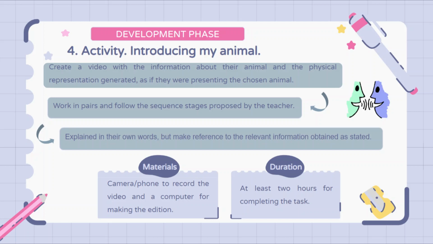This will be, of course, explained in their own words, but they should refer to the relevant information obtained as stated. They will need a camera or a phone to record the video, as well as a computer for making the edition. As the students have to understand how to make a video and record it, we consider that they will need at least 2 hours for completing the task. If the teacher sees that they